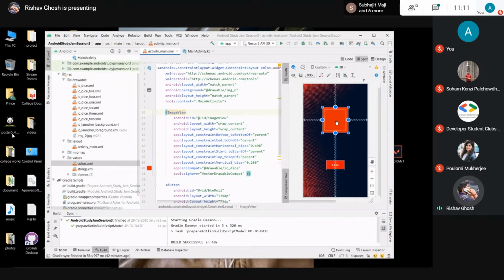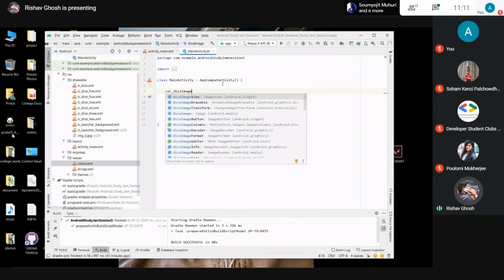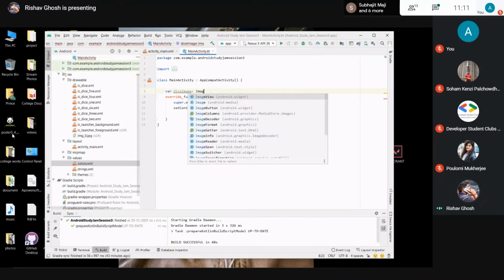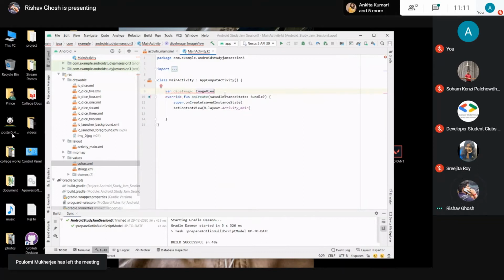We need to roll these dice after clicking this button. So we have to code here. First, we need to declare the variable, dice image. So var dice image, where dice image is an image view, and that